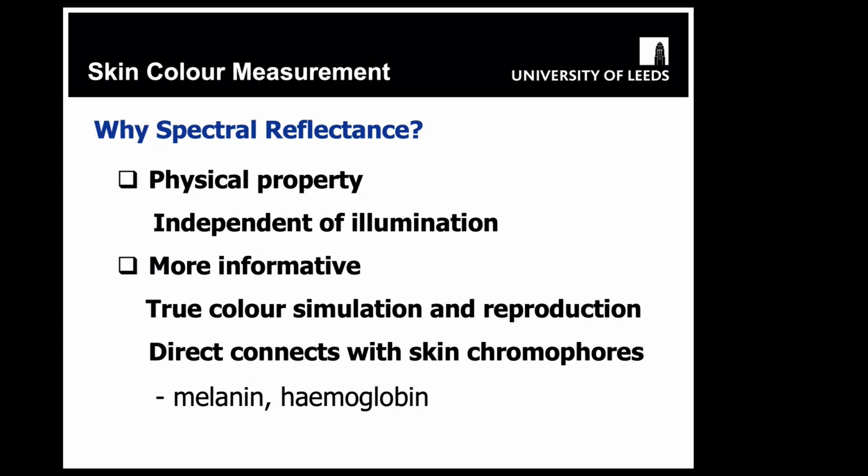There are lots of applications, especially medical applications. They have a requirement to be able to predict either melanin or hemoglobin, right? And even now, with the technology, you are not able to measure them directly. What you can do is predict them based on the skin color. Okay, so if we have a better understanding of the spectral reflectance, we'll be able to do a better job in this kind of prediction. And of course, if we have the spectral reflectance, we'll be able to truly simulate skin color and try to do color reproduction. Okay,